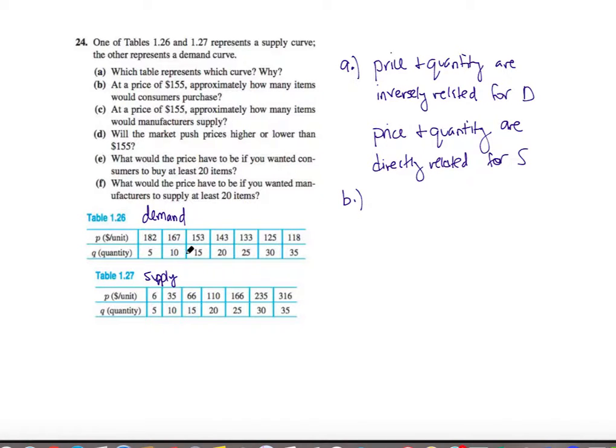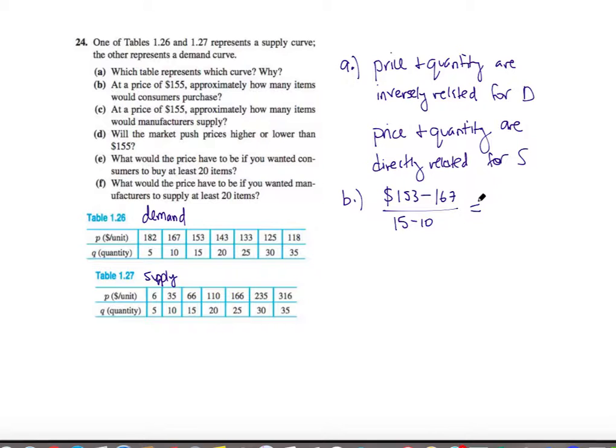So we need to assume that between any 2 points on these tables, we have a linear relationship. Otherwise, we're not going to be able to do this very easily. So between $167 and $153, we're going to do a little change in price here. We're trying to find the slope. So we're going to do 153 minus 167 over 15 minus 10. And so if I just pull a calculator out and calculate this, between these 2 points,